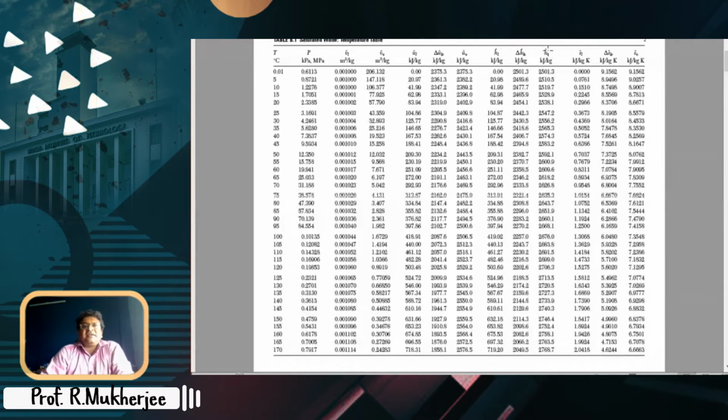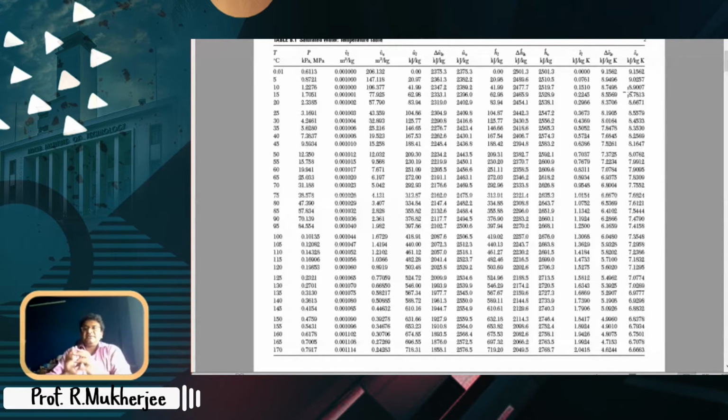So this document is available with all of you. The steam table I have shared. So this must be with you. You can either follow the screen, or you can open it on your device. This is the file which I have also shared in Microsoft Teams, and earlier I had also mailed it by email. This is a steam table.